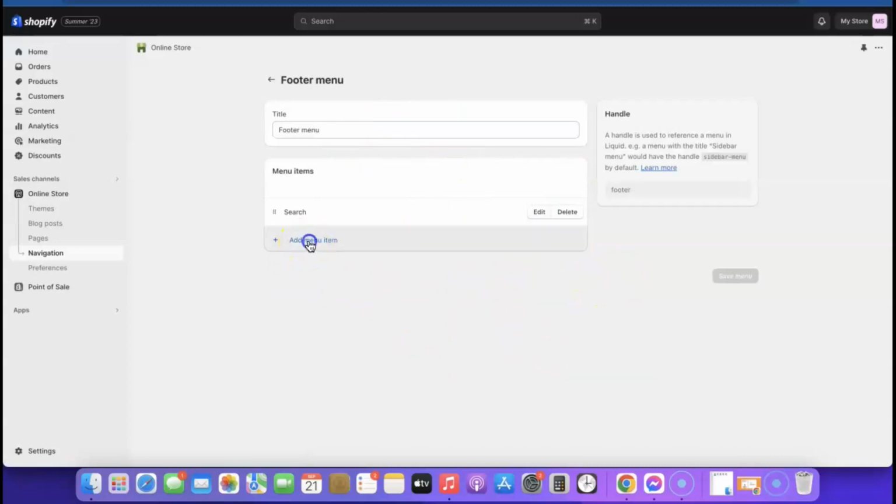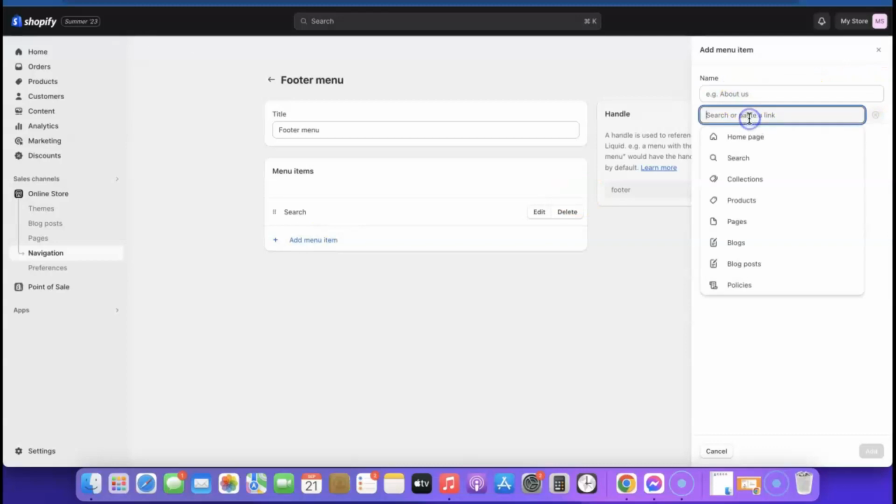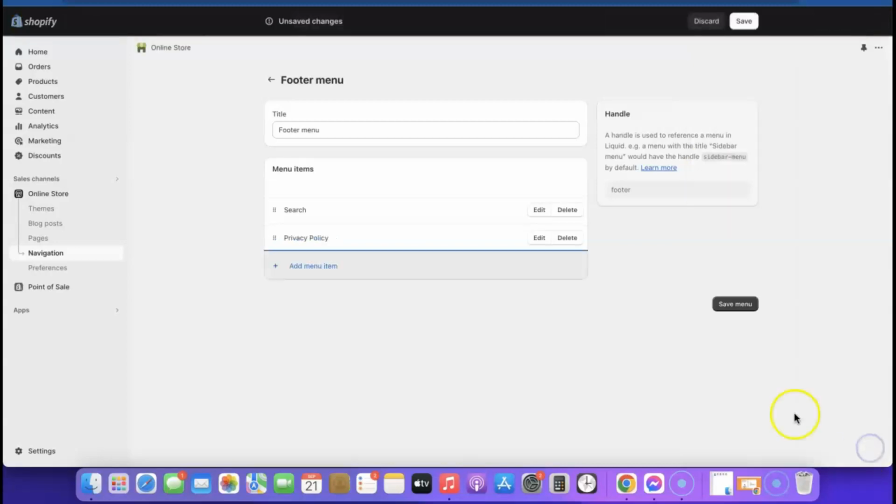So here all you simply need to do is click on add menu here, then come over to policy here. When you come over to policy, you'll be able to add all this. So click on privacy policy. Click on add. Then after that, you again come over here, click on